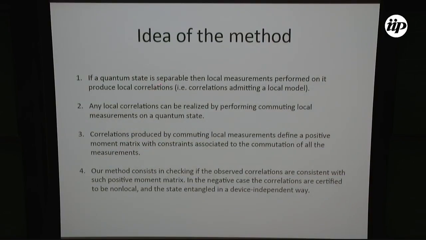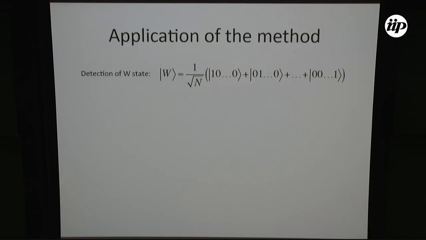So just to summarize the idea of the method, we know that some correlation, or violation of a Bell inequality, I can write as quantum commuting measurements on a quantum state, and then I can use the method I had before, adapt it a bit, and apply the same machinery. So as an application of the method, we took some paradigmatic examples of N-qubit states in quantum information